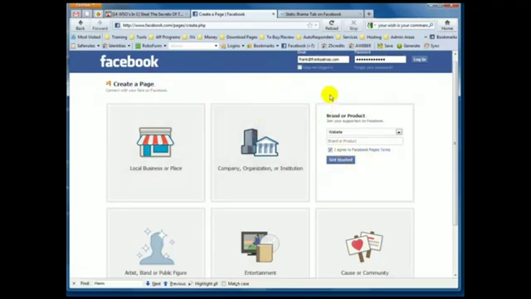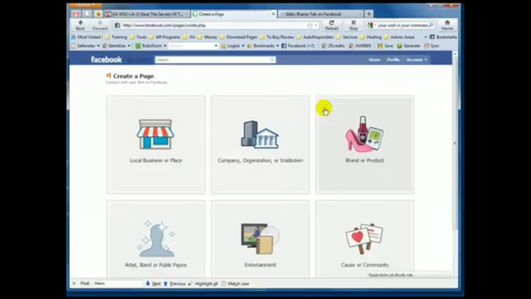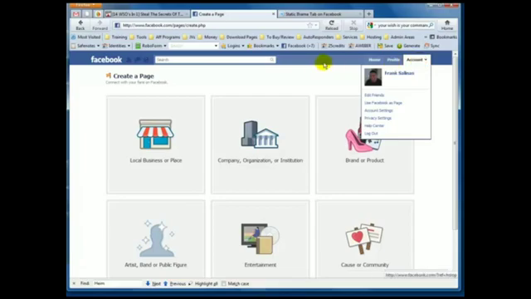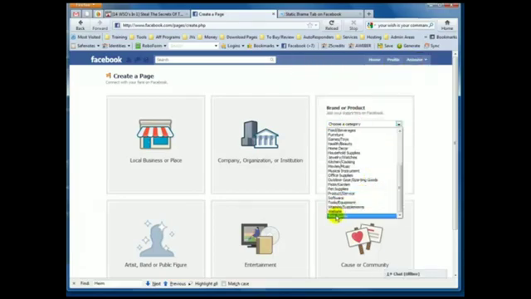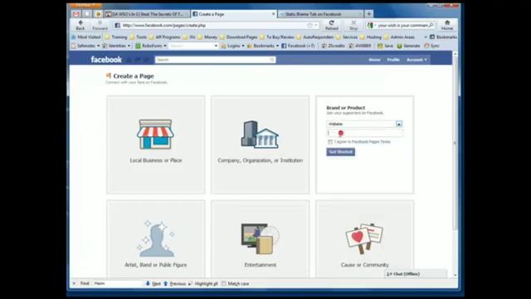So if you're doing this for somebody else, go through this process and get started that way. And if you are doing it for yourself, for your own businesses and for your own efforts, you can just log in to Facebook and go to the same page. Okay, once logged in, you go to facebook.com/pages/create. As you can see here, I'm logged in, so I'm going to create brand or product. I'm going to select website, and for this tutorial I'm going to create something called PLR Profits. I'm going to get started,